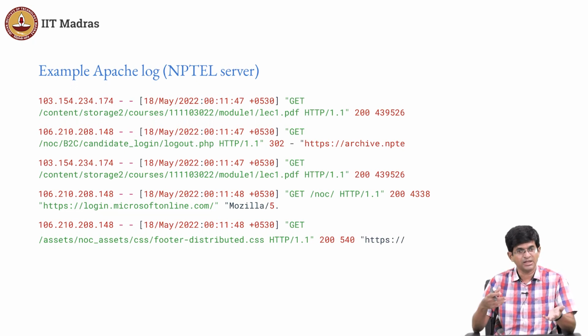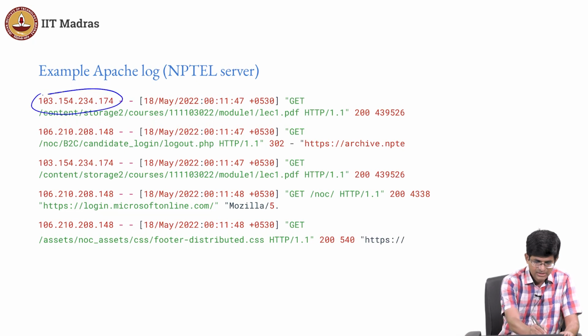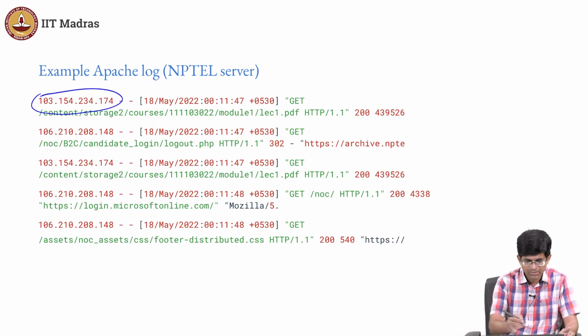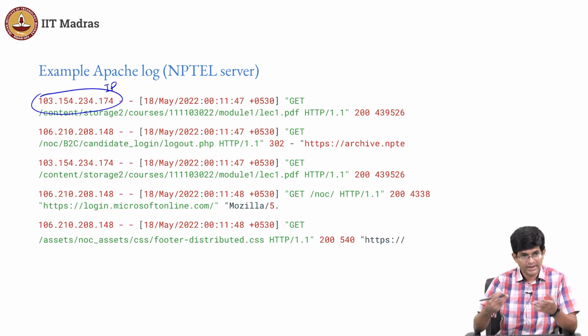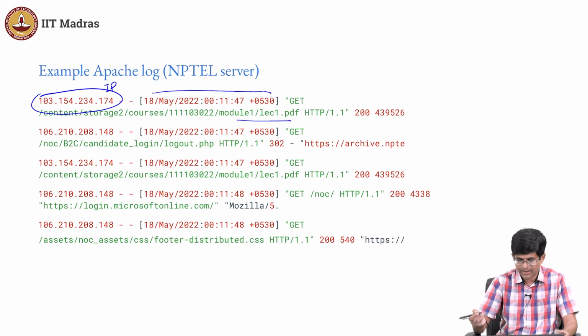What I'm showing you here are the logs from that file from, well, day before yesterday, 18th May. So all these numbers are actually correct. What you can see over here is roughly the structure of a log file. What information is it? The IP address from which the request came. So the client, in other words, you are a client somewhere, either on your phone or a tab or a laptop or whatever it is, you are trying to access this, in this case, a PDF file. And it logs the IP address, it logs the time when that request came.